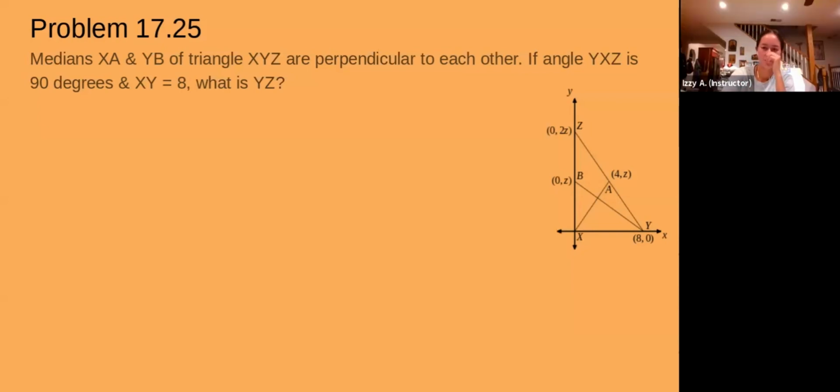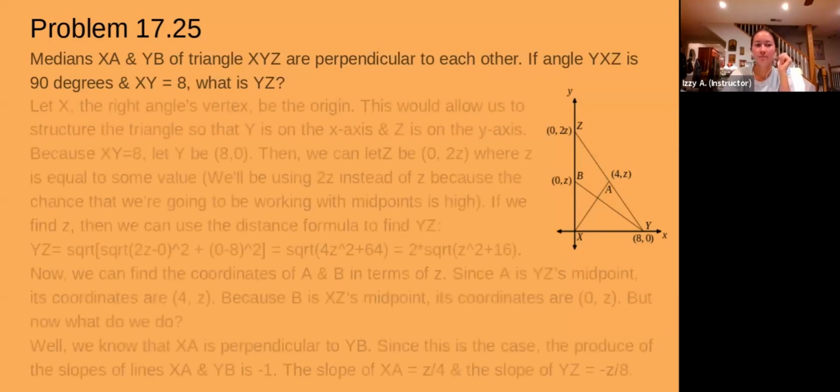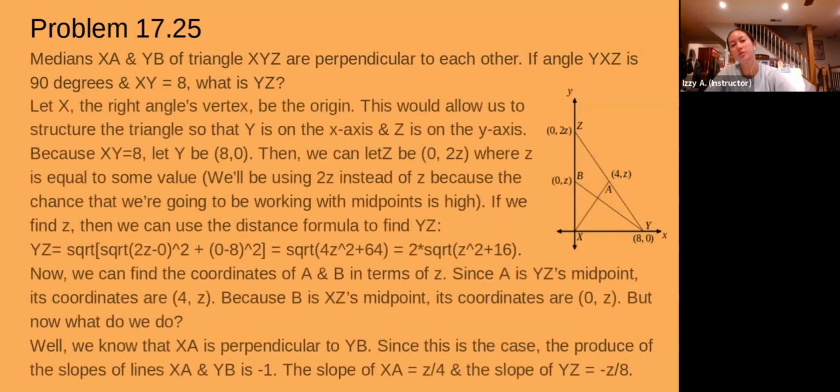Okay, so I will go ahead and go over the solution. We're going to let X be the origin, and X would be the right angle's vertex. This would allow us to structure the triangle so that Y is on the x-axis and Z is on the y-axis. So if you weren't given this image and you just knew that medians XA and YB